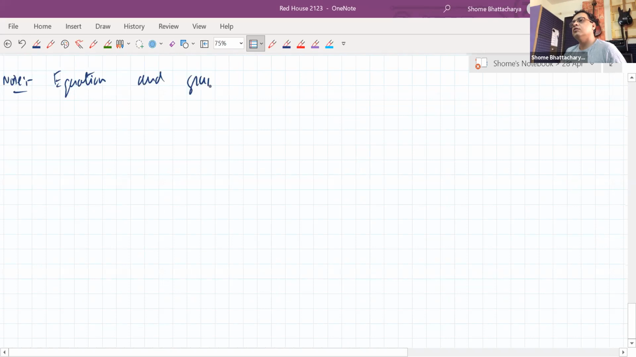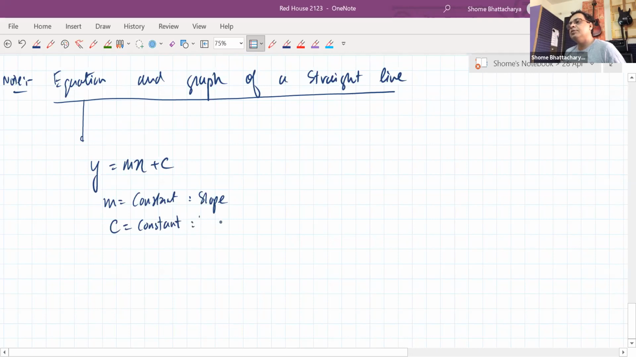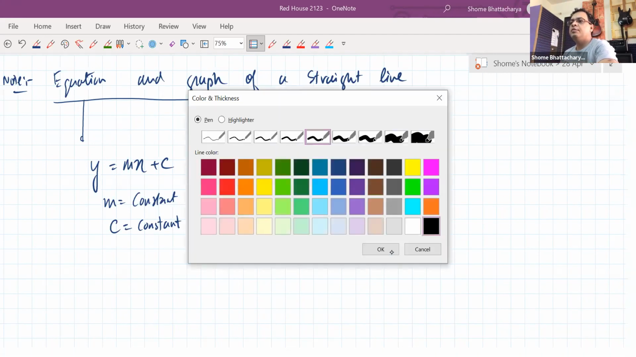Equation and graph of a straight line. The equation of a straight line is given by the relation y is equal to mx plus c, where m is a constant which we call the slope, and c is a different constant, but it's a constant, called the y-intercept. So if I draw a straight line graph which has positive values of m and c, for example,